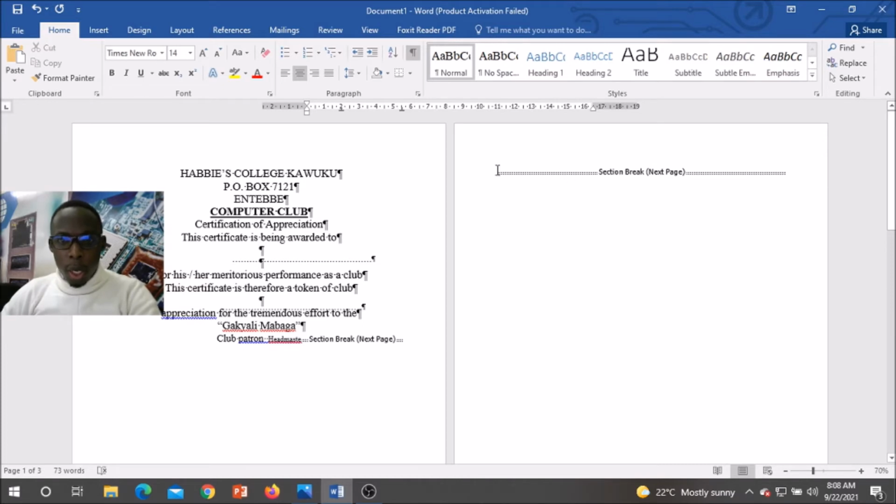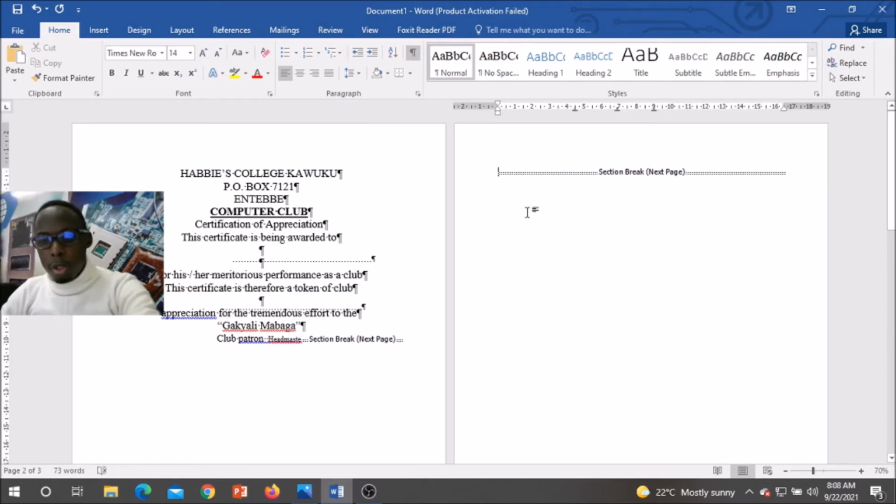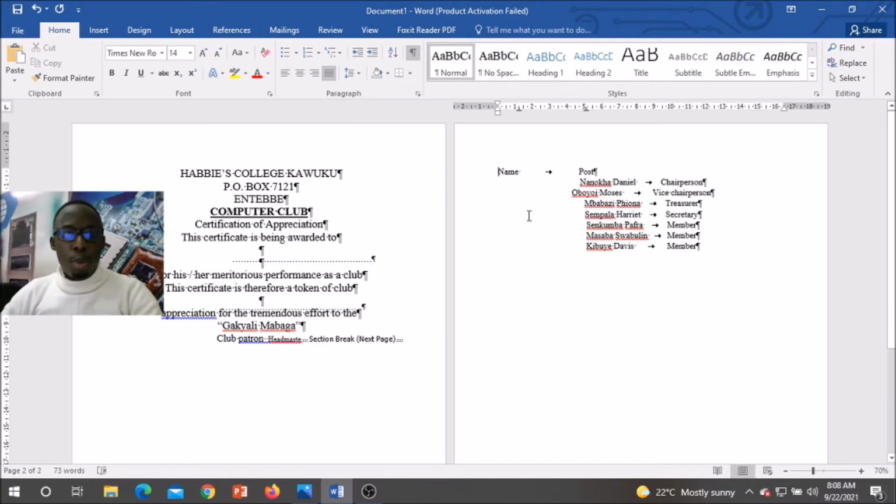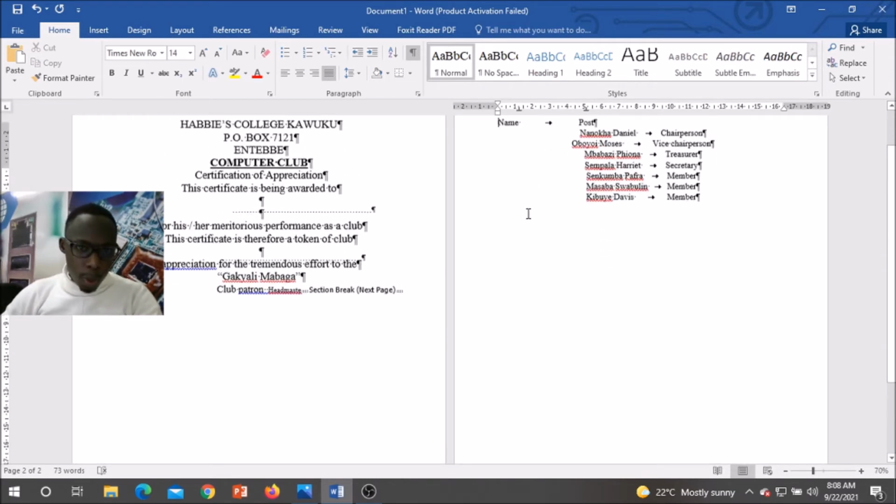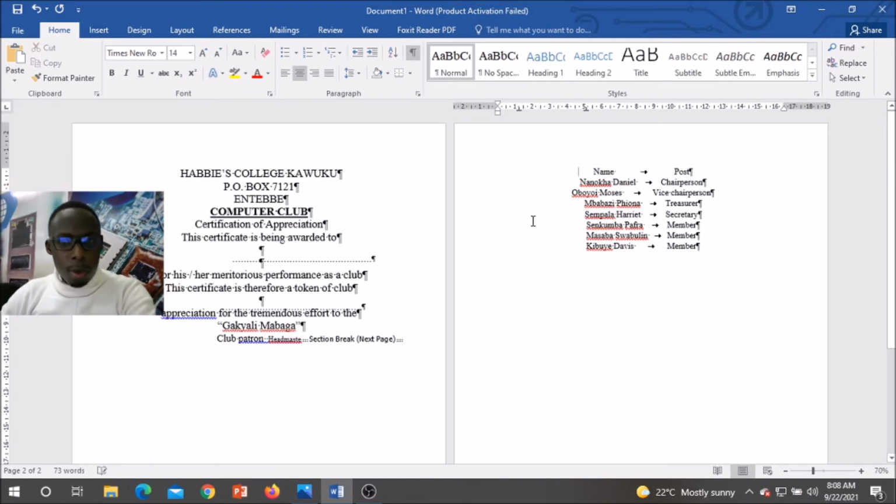So what do I do? I just put my cursor at the beginning of the section break and tap the delete key on my keyboard, and that page will disappear. So someone may be asking themselves, how do we delete pages in Microsoft Office Word? You can do it that way, or you come to